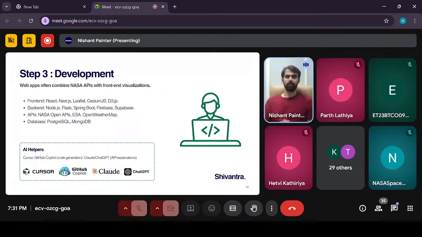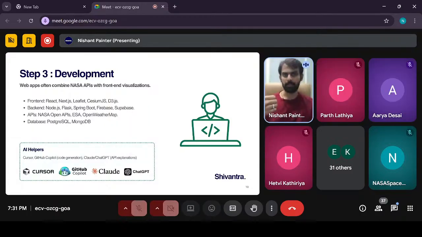Okay, so how do we do this? There are certain parts of an application that you need to understand. The first thing is the front end, which you are currently looking at on the screen. The second part is the backend, right? Simple. The third part, which is not visible and is often considered part of the backend, is the databases.